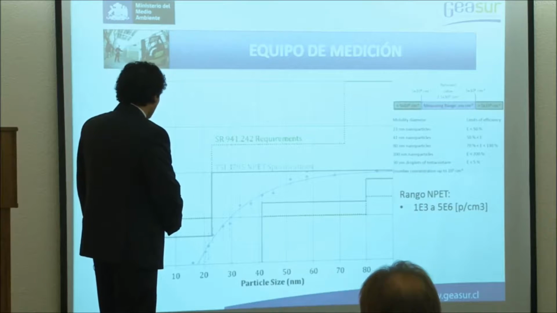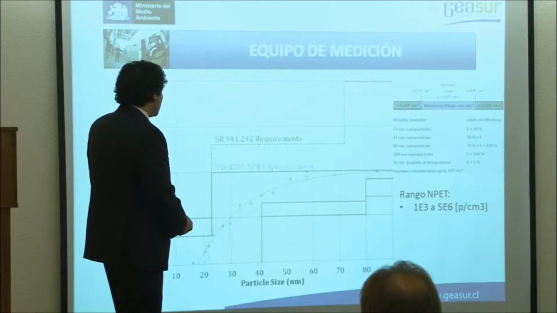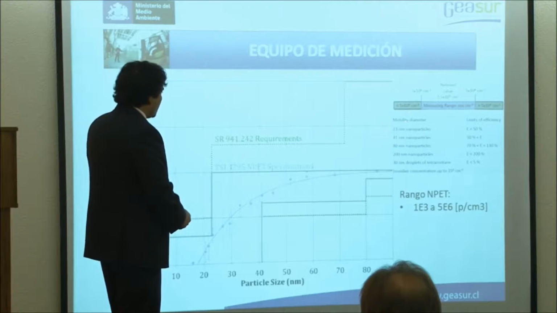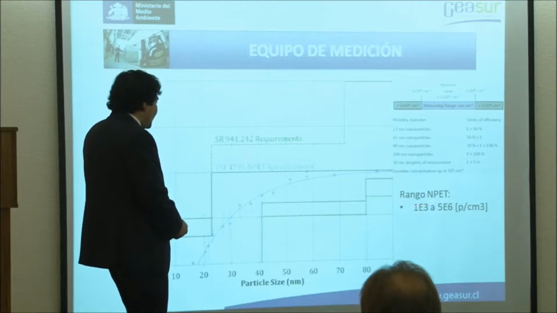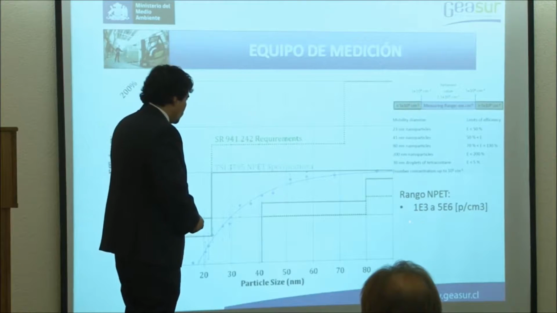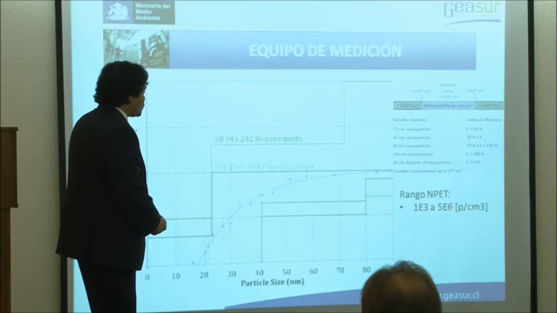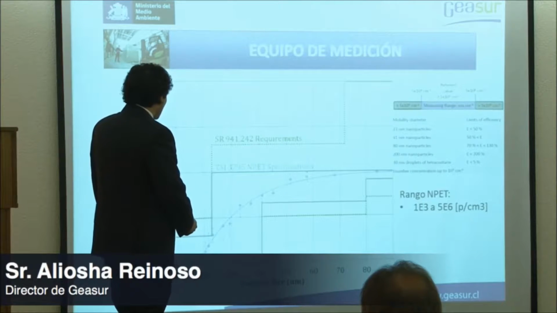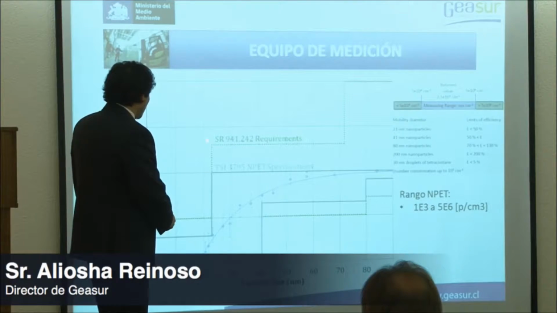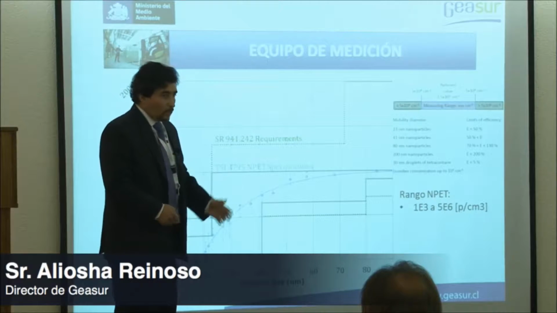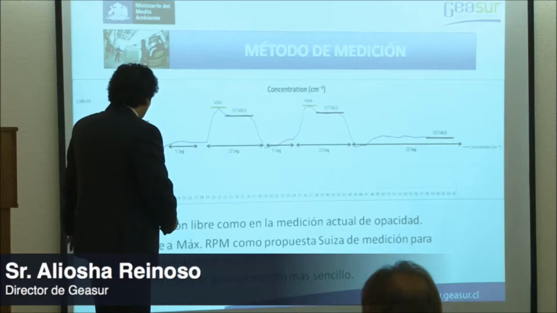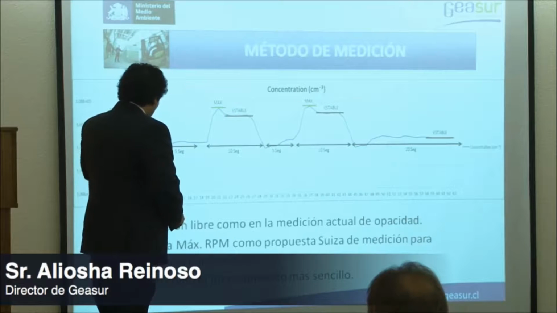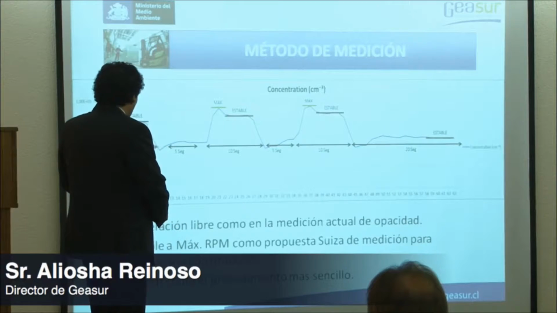For this campaign, here we can see some of the conditions, like the measurement range when it comes to the concentration of the number of particles. In terms of our equipment, it exceeds the range established by the regulation, and it goes from 1,000 particles to a million particles per cubic centimeter. Now, this is the regulation that I was mentioning that the team has to meet. Now, regarding the measurement method, basically, we were able to generate a cycle that contains 3 measurement points.